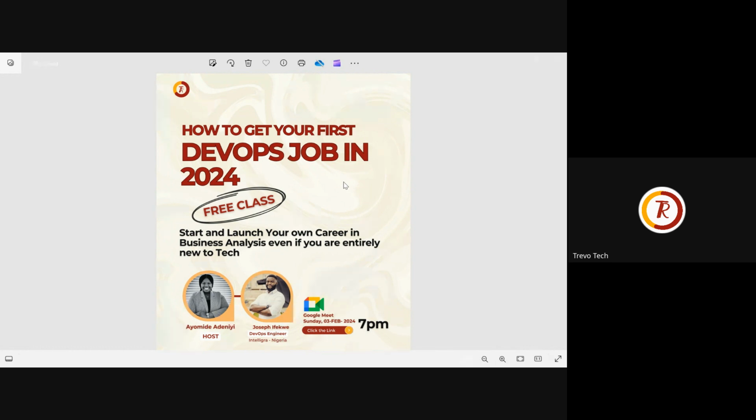Should you go with internship first or should you go straight to getting a job? All of those things will be touched. After that, you'll be excited to explore those things by yourself, get practical insights, and make use of them. And then you have access to the mentor for another 8 weeks. So that's about the mentorship.